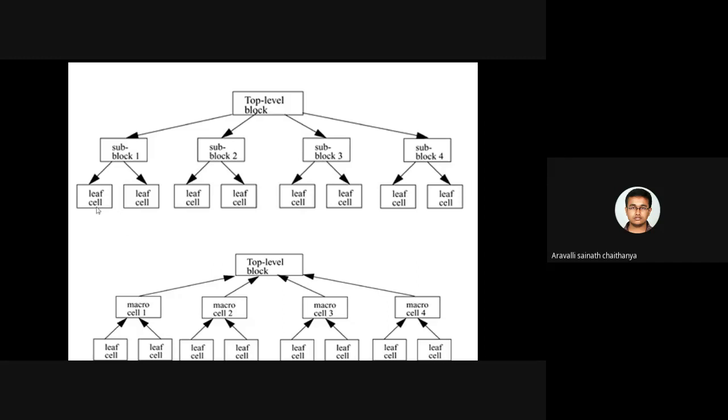So in my example of a ripple carry counter, the leaf cells are the D flip-flop as well as the NOT gate. My question is, the D flip-flop and the NOT gate are developed by the circuit designers, because in the top-down design approach, logical designers will be taking care of the breakdown. In the bottom-up approach, first the circuit designers will be developing the optimized leaf cells, that means the optimized D flip-flop or optimized NOT gate. So these optimized cells are utilized by the logical designers. Yes or no? Yes, sir.